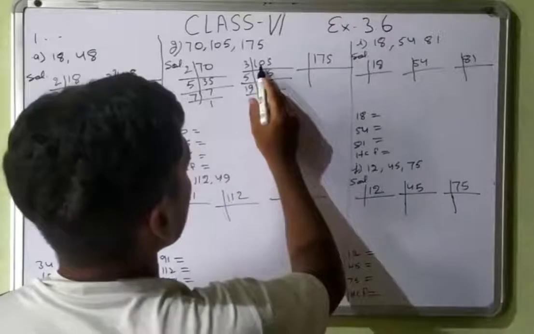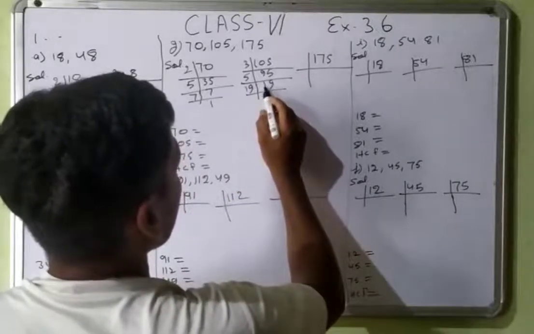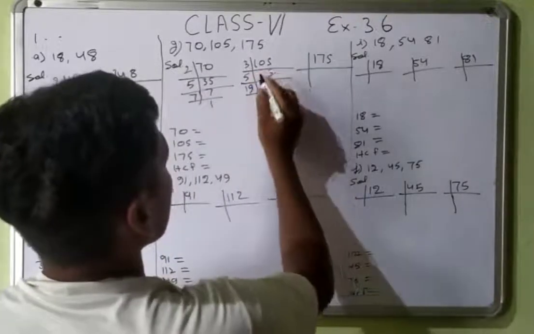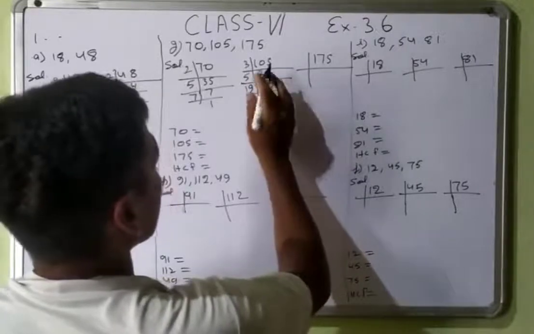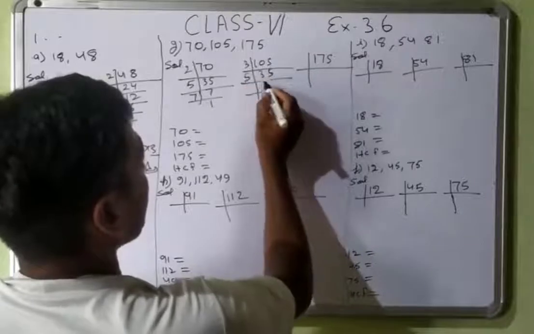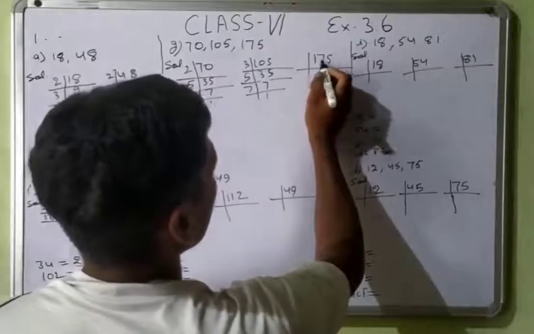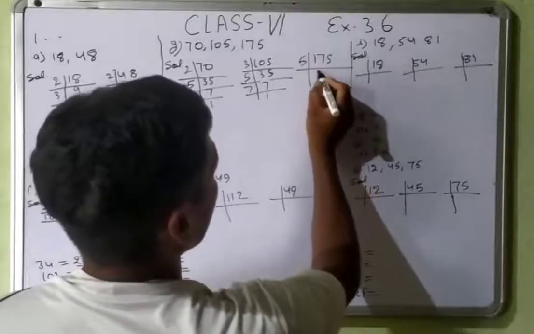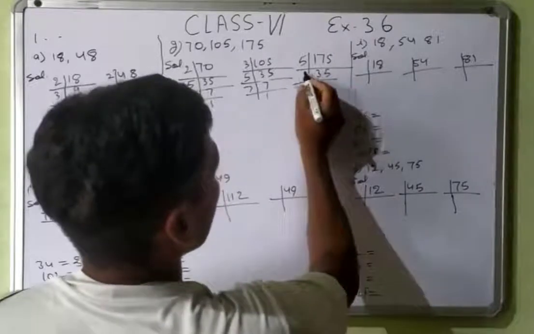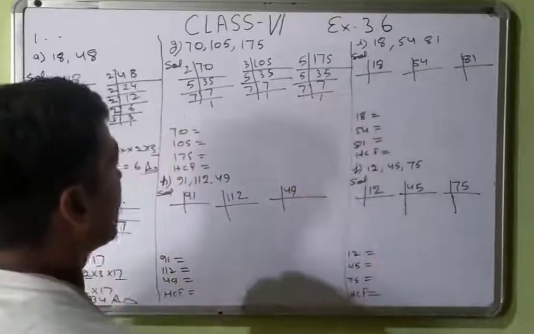Just wait. 3 threes are 9, 3 fives are 15, 5 ones are 5, 5 nines are 45. Sorry, see that here 3 threes. So that will be 5 sevens are 35, 7 ones are 7. This one divided by 5: 5 threes are 15, 5 fives are 25, and then after 3, 5 sevens, and 7 ones are 7.